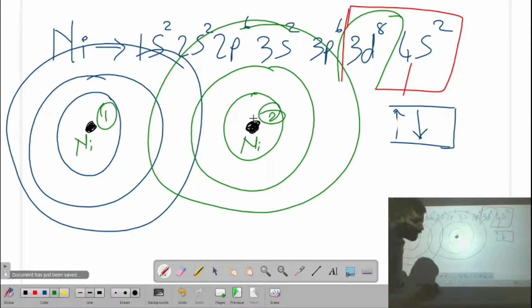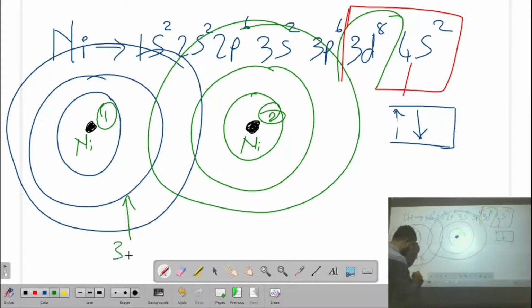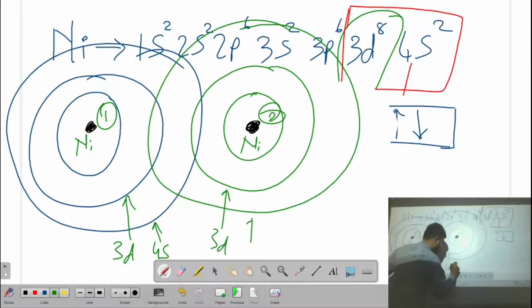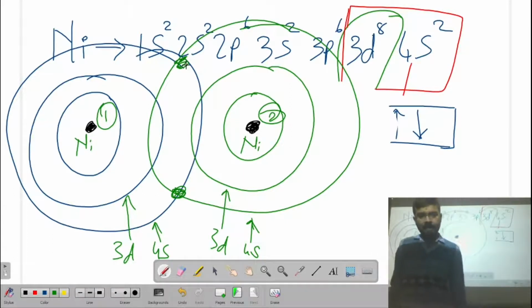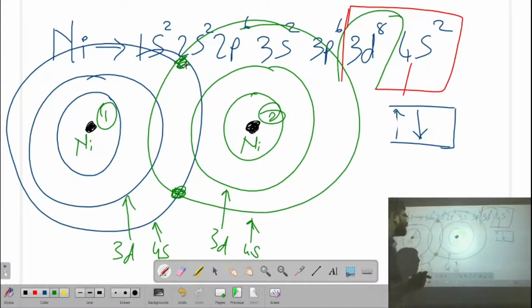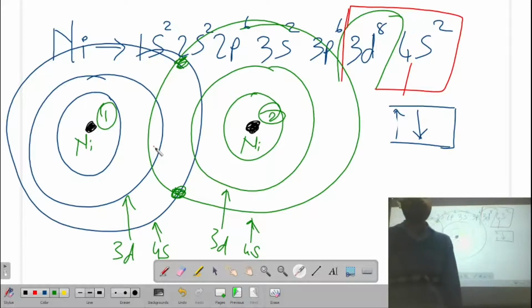Let us assume that this is the 3d orbital and this is 4s, this is 3d, and this is 4s. So the outermost orbital where it interacts will try to change the value of the magnetic moments, and this is responsible for why it is having non-integral values, right? Because you can see 3d and 4s electron orbitals are both combining with each other. These are also combining with each other, right? Now this is what we have seen about nickel.